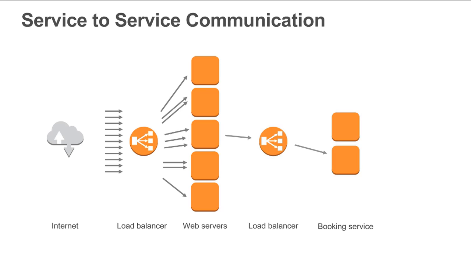Now, when someone actually makes a booking for a hotel, there's a second layer of service, a microservice dealing with the bookings, and it sits behind another load balancer. And the booking service itself uses a relational database as the data store. If you look at this diagram closely, most of the traffic to the website is browsing through the offers, and there's a lot less traffic going into the booking service when someone actually makes a transaction and books a